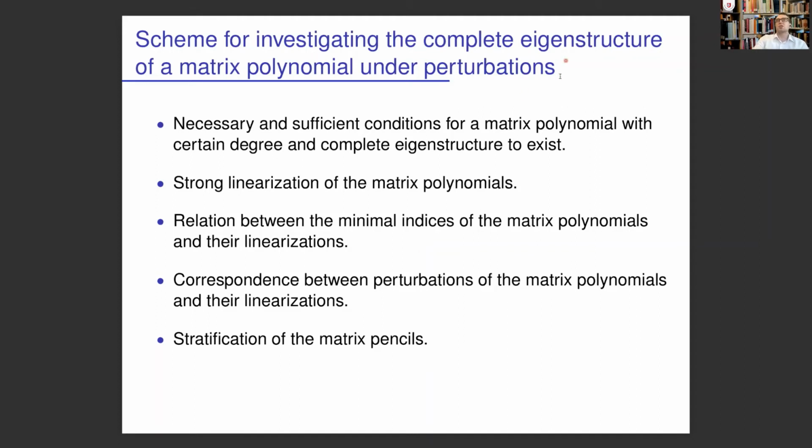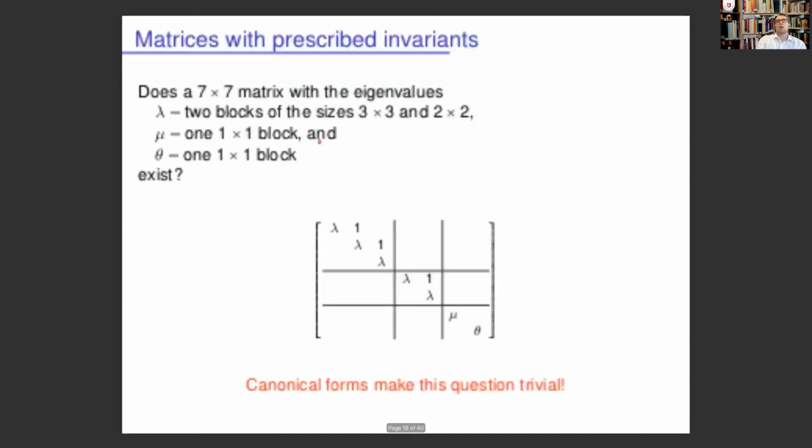So the investigation scheme has the following steps. First, we need necessary and sufficient conditions for the matrix polynomial with certain invariants to exist. Then we speak about the so-called strong linearization. Then we need to investigate some properties of this linearization, and then we need to use the hierarchy graphs for matrix pencils. Now I will go through all these steps a little bit more in detail. So the first step